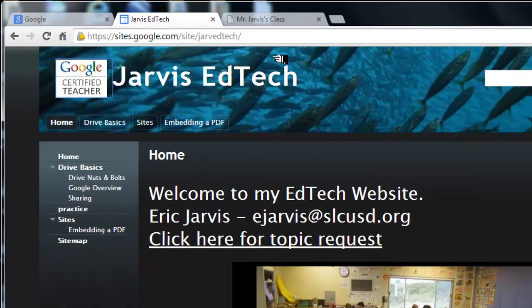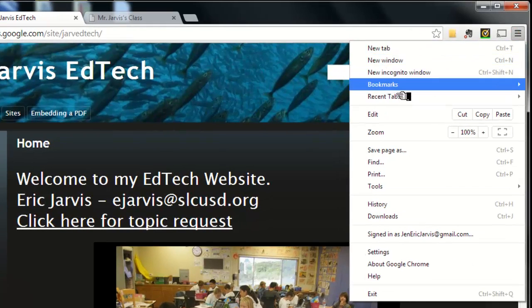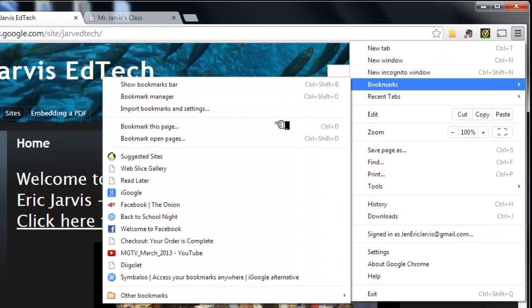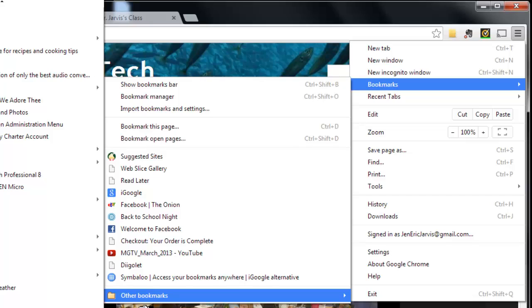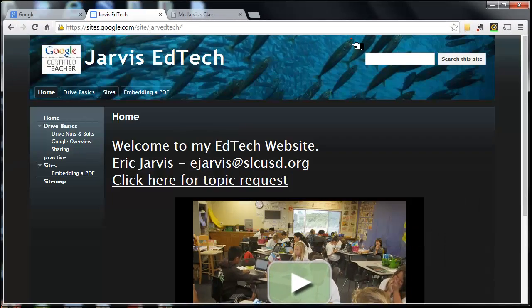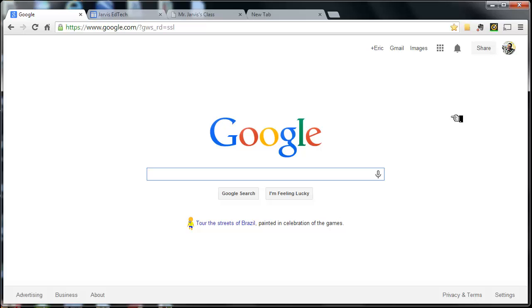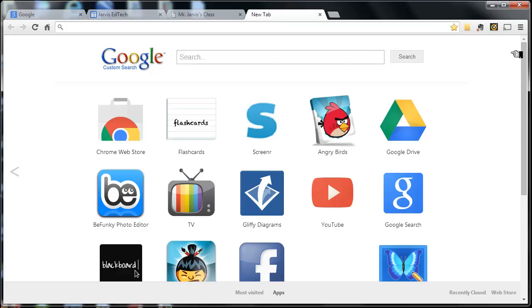You also have favorites, or you can bookmark things within Chrome. So you could add bookmarks. The bookmarks I'm showing you here are associated with this particular browser. So also Google offers Google bookmarks that are associated with your account. So I'm logged in as my personal account, and I can save, if I go to,